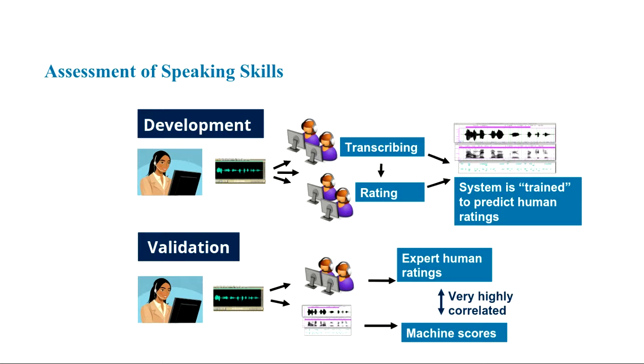And we would hope then that item has been trained for. At that point, we lock it down, and then we enter a validation phase where we take another, let's say, 500 to 1,000 responses for that item. We also get them to be marked by expert human raters, and then we see what the correlation is between the human ratings and the machine scores. If there's a difference, then the humans win and that item doesn't go any further. So what we're looking for is extremely high correlation between the expert human ratings for items and the machine scores.